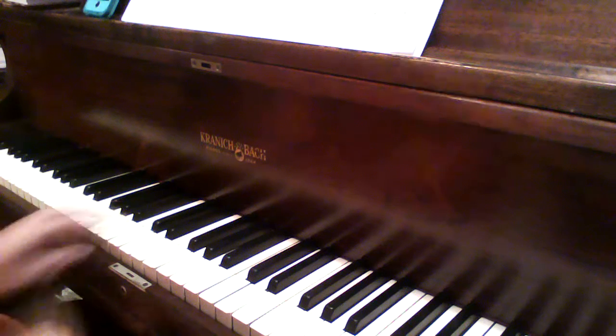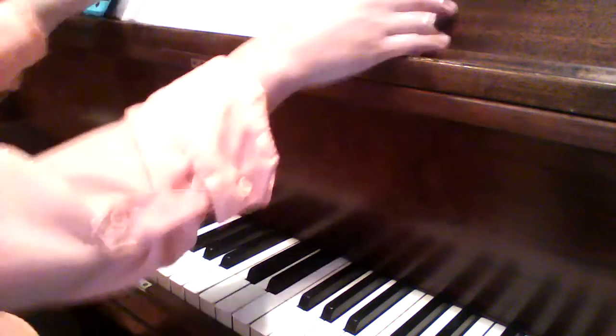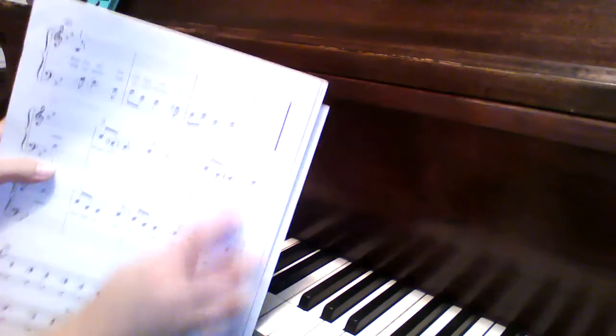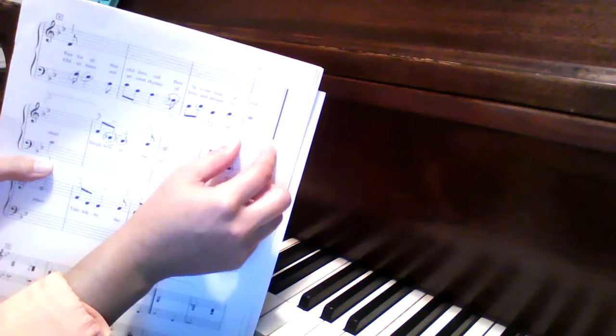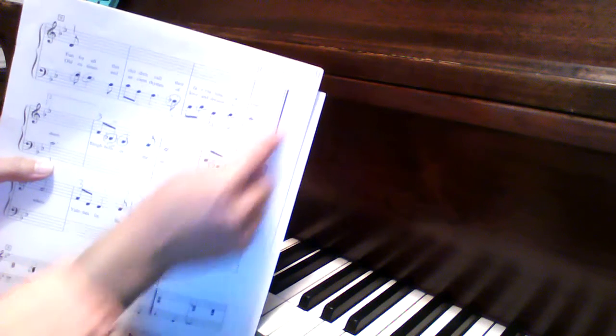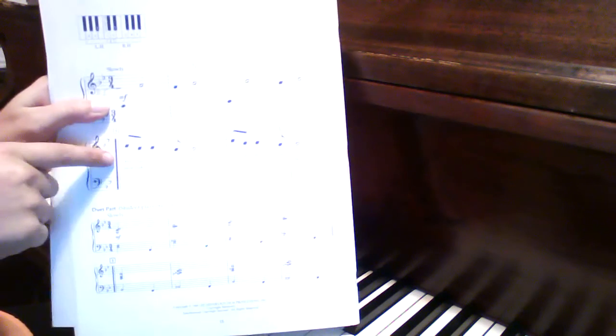Now right there where it says year, above that there's a number 1. That means that you only play that note the first time. Right here where it says 1 and it's got a little bracket above it. This is only the first time. So when we repeat for these dots and we go back to here, we're going to play all of this,